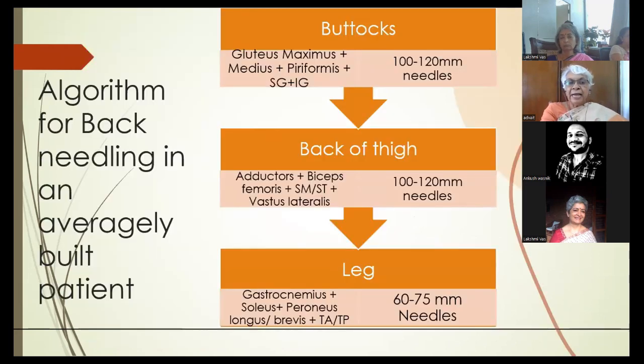So if you look at the algorithm for needling in an averagely built patient, for the buttocks, particularly the gluteus medius, minimus and the piriformis, we need to use about 100 to 120 mm needles. For the back of the thigh, which includes the adductors, the biceps femoris, semimembranosus, semitendinosus, and vastus lateralis, we can use between 100 to 120 mm. And for the leg muscles, the gastrocnemius, soleus, peroneus longus, brevis, and the tibialis anterior and posterior, you can use